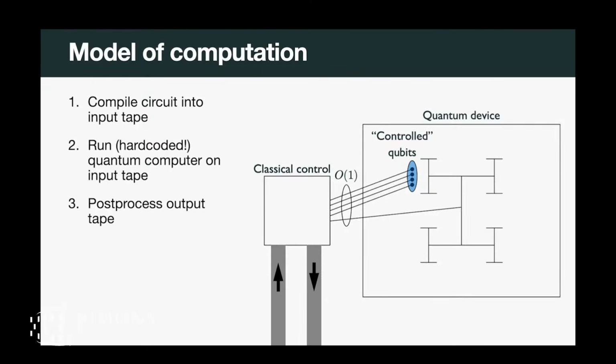Then you have a small number of qubits that I call control qubits. Those I actually do have universal control on. So when I run my device, I'm going to be blasting this hard-coded circuit. And to the control qubits, I'm just going to be writing whatever I wrote on the input tape. And then I'm also going to be measuring some of them, too. And I'm going to write that to some output tape. And then I'm going to post-process that. And that's going to be the full procedure for running this device. OK, great.